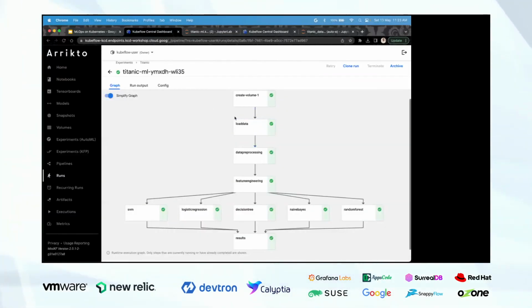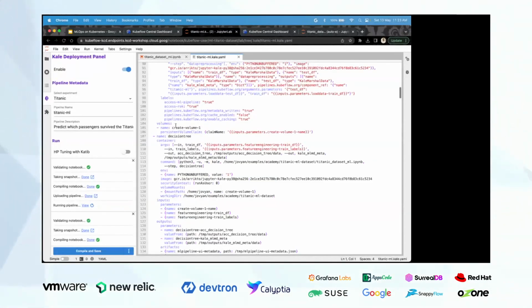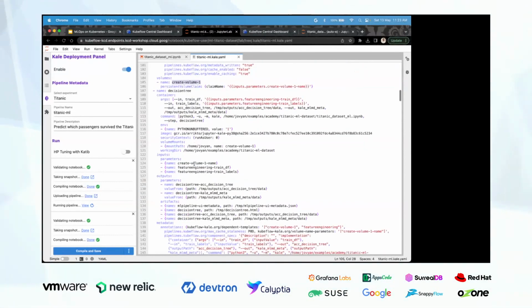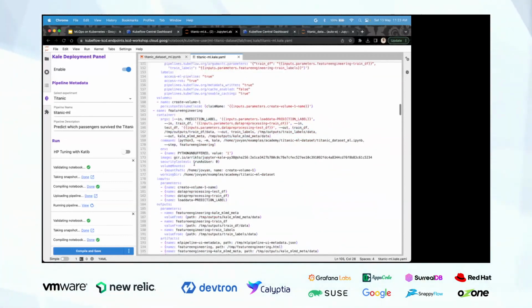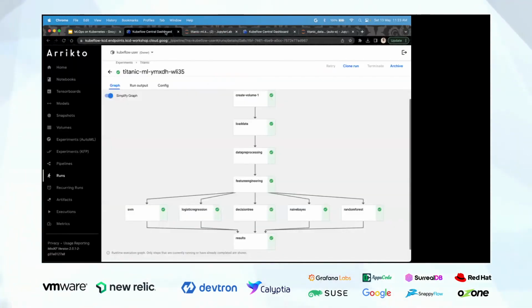Each of these blocks is defined over here somewhere. Like the first is create volume, and then there are all these different components defined in this YAML file. So the end goal is the same, either you use it via SDK or you use it via this extension.